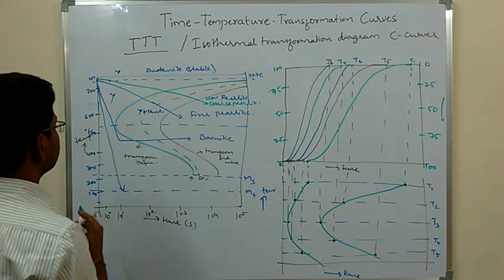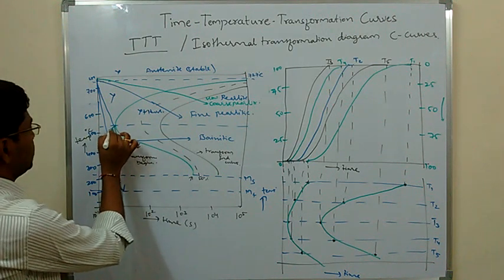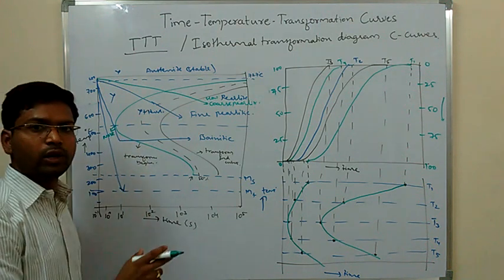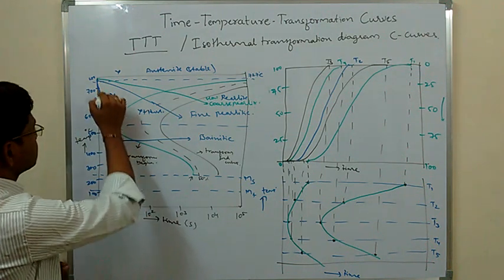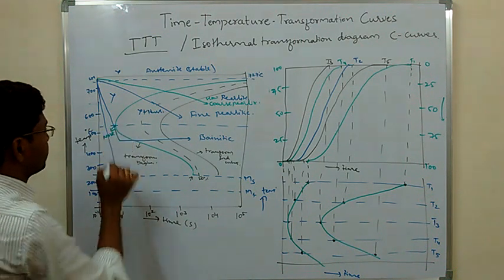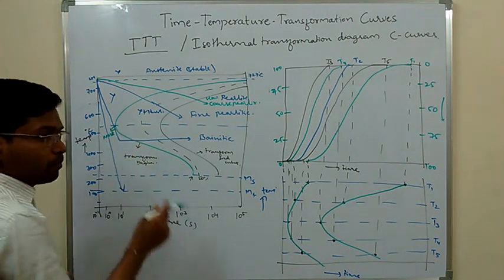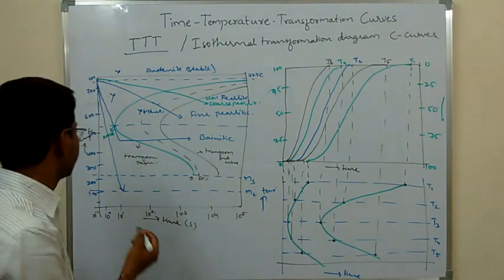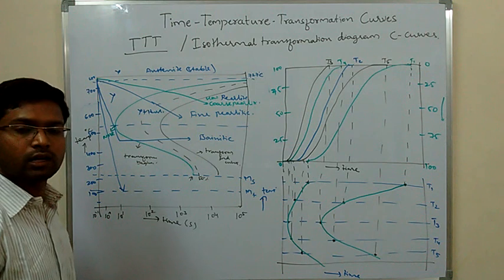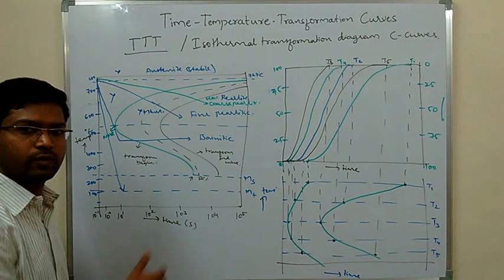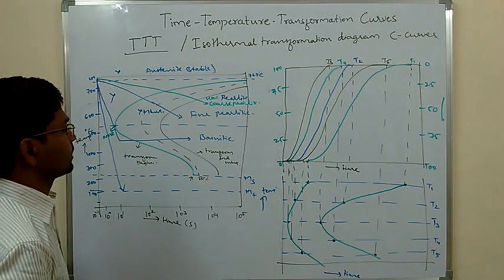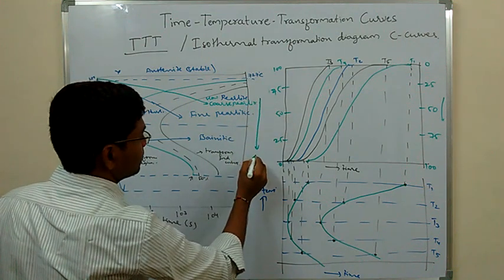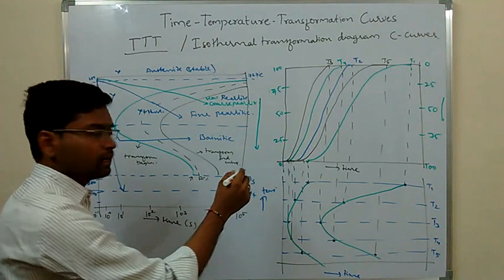And here, bainitic structure. So this is called the nose. Nose, where the cooling rate just touches the nose of the TTT diagram. At a cooling rate more than or equal to this, there is no transformation to pearlite, so we will get the martensitic structure directly. For fine pearlite, as we go down from this line, there is an increase in hardness.